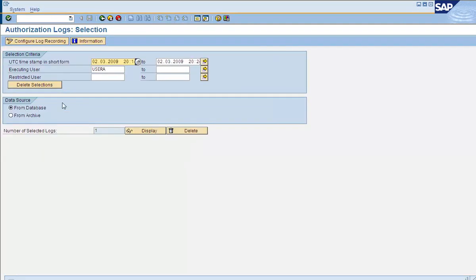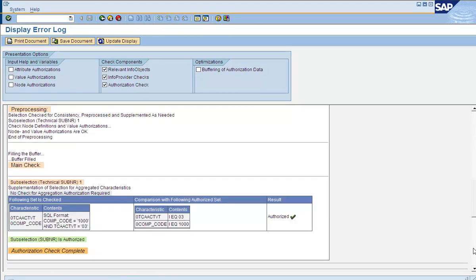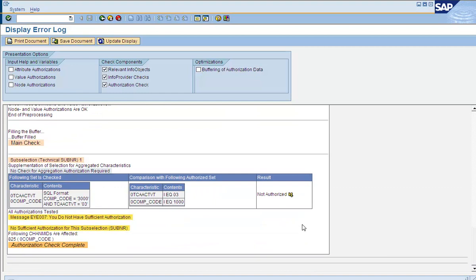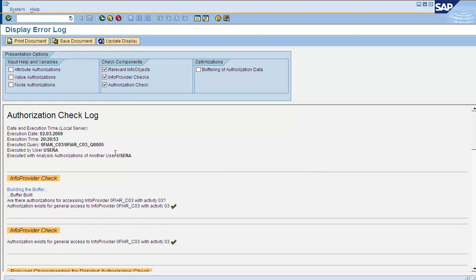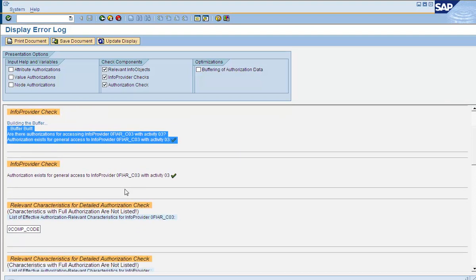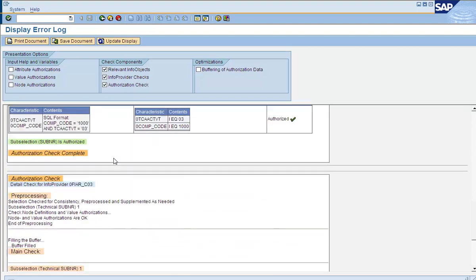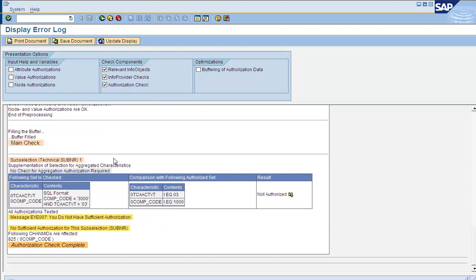So here was the one log generated, and let's drill down, scroll down, and see. If you go to the header, you have all the relevant information, like who executed it, what query was executed, which info provider the query was based on, and the info provider checks have been successful here. And then we come down to this place where it says not authorized.